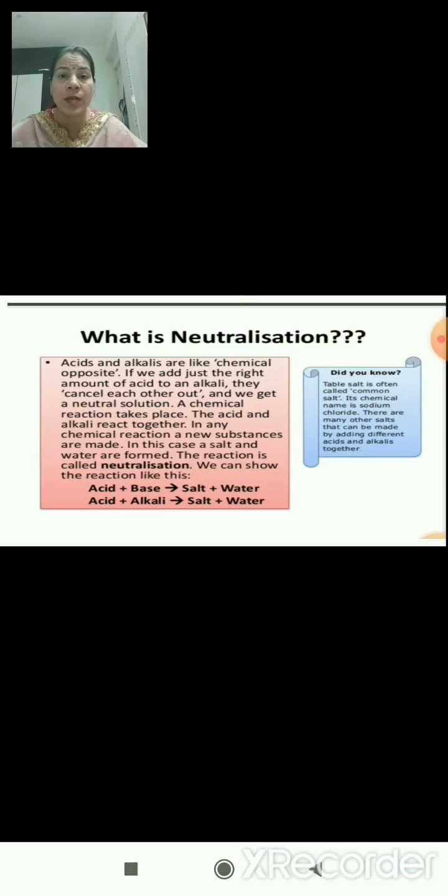We can understand this reaction by this example. Here in this slide you can see acid is written, and this acid is reacting with a base. And after this reaction of acid and base, it is producing two products, that is salt and water. So, children, table salt is often called common salt, and chemically it is known as sodium chloride. Like this, there are various other kinds of salts which can be created by adding acids and bases in